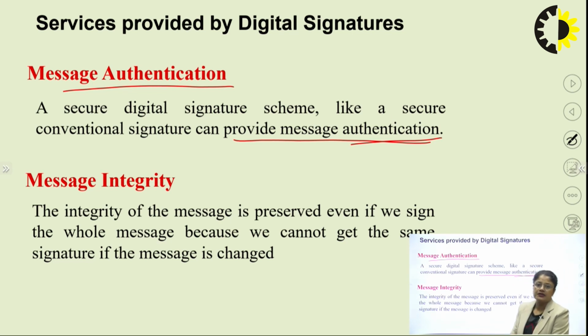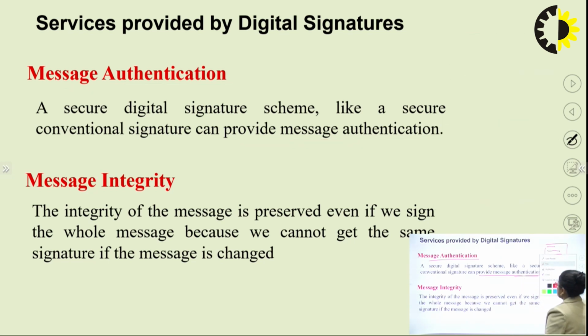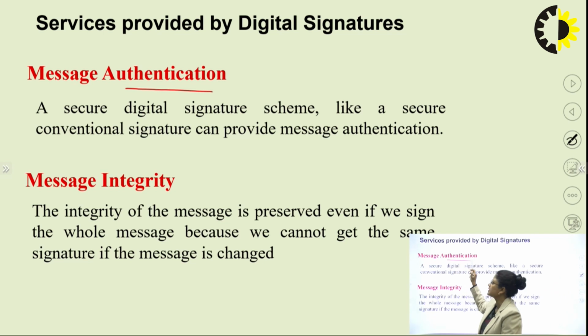It's just like a conventional signature, because when you write something on a document and you sign it, it is taken care of that the person who is signing is the correct signatory authority, and we can also verify that. Similarly, in the case of digital signature, authentication is the first requirement that is fulfilled. How so? Because if you remember, we have said that at the sender's end and at the receiver's end,